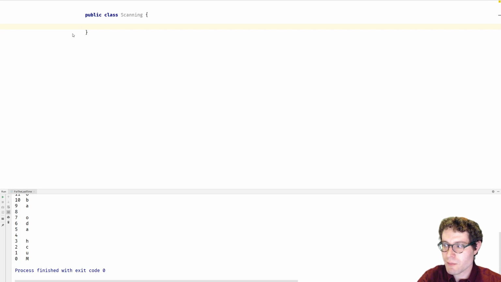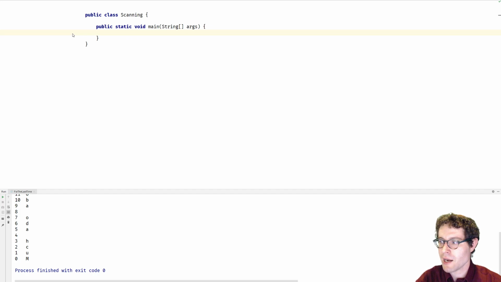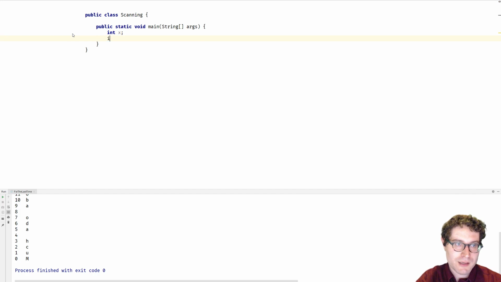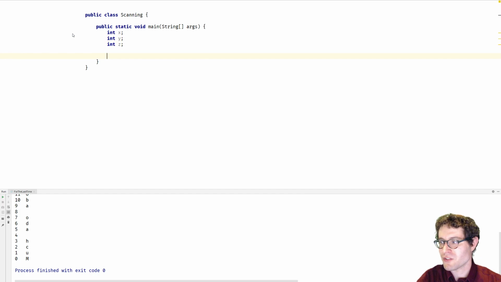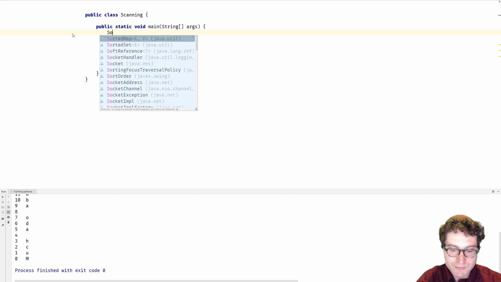So one of the things that we're missing right now is doing input-output. We demand a lot of interactivity from our programs these days, and we're not really providing so much. So let's go ahead and write a very simple program. One that says, give me 3 numbers, and I will add them together for you, right? We'll have an int x, int y, and an int z, and our output will just simply be adding them together. So sout,